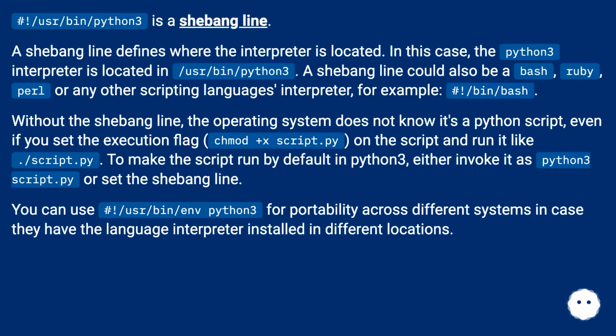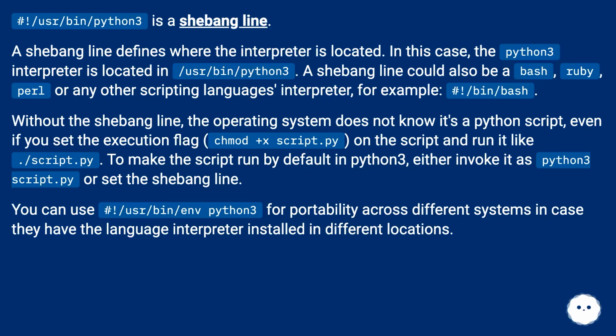#!/usr/bin/python3 is a shebang line. A shebang line defines where the interpreter is located. In this case, the Python 3 interpreter is located in /usr/bin/python3. A shebang line could also be a Bash, Ruby, Perl, or any other scripting language's interpreter, for example,